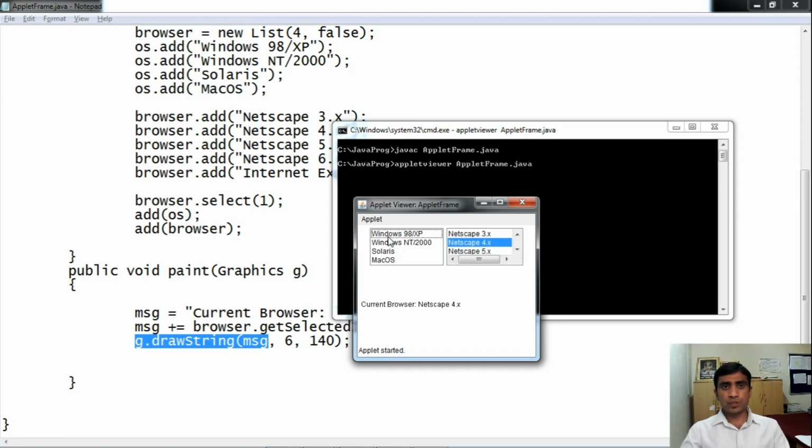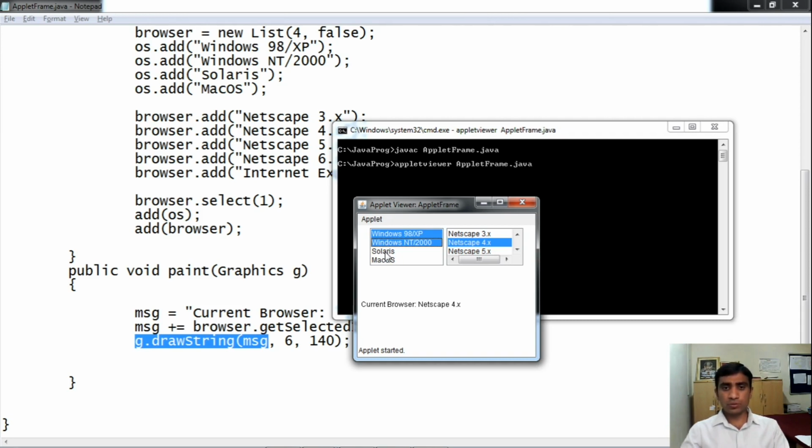Now you can see what we have made. The first OS control has 1, 2, 3, 4 items, and this OS control is multiple selection. That is, the multiple selection option is true for this list control. So when you click on Windows 98/XP, this will be selected. When you click on Windows NT/2000, this will be selected.